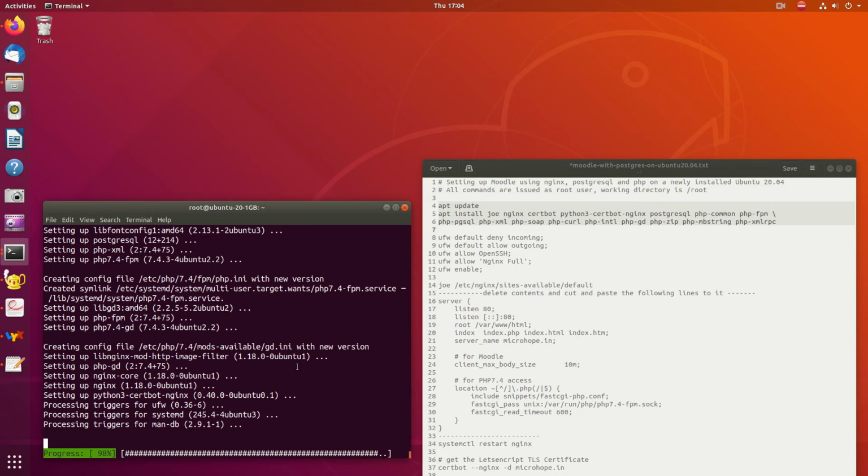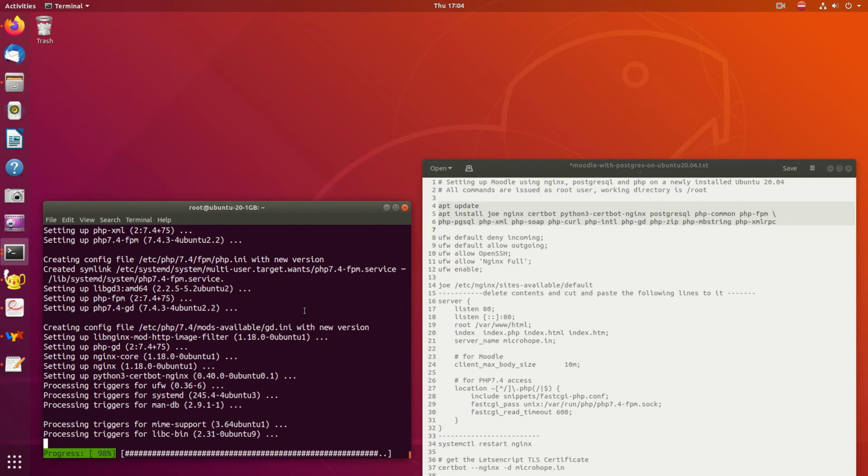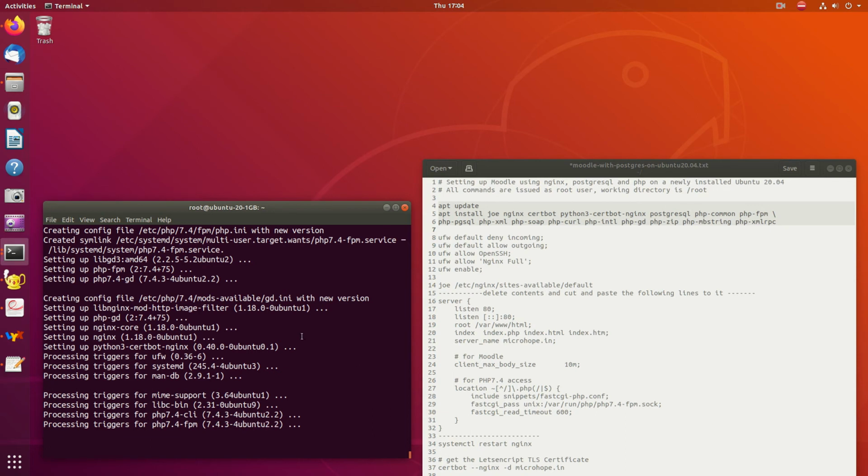So what we have installed now is nginx and certbot for Let's Encrypt to get the SSL certificate. That is the two packages, certbot and python3-certbot-nginx, and then PostgreSQL and PHP. So all these things are getting installed now. So the next step is